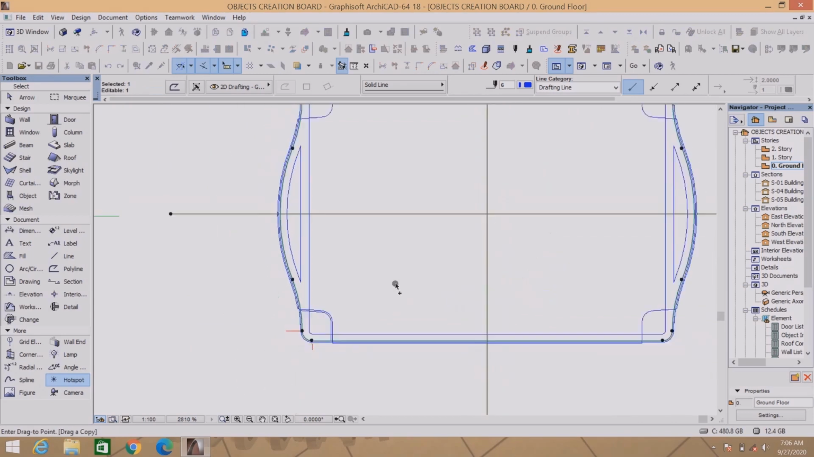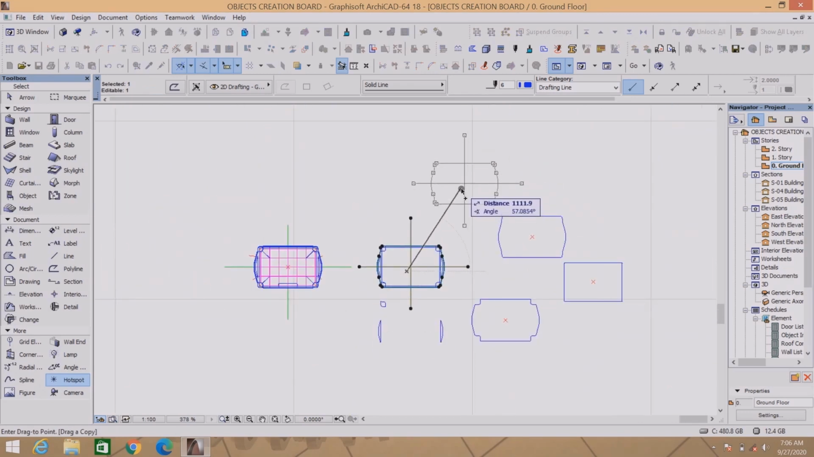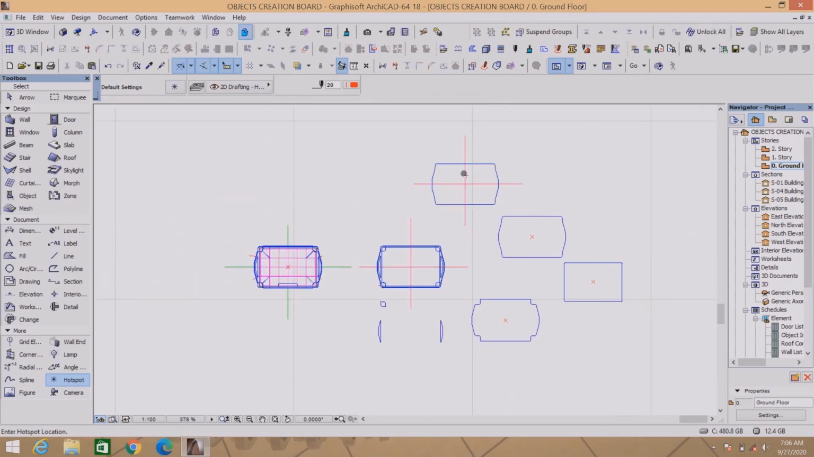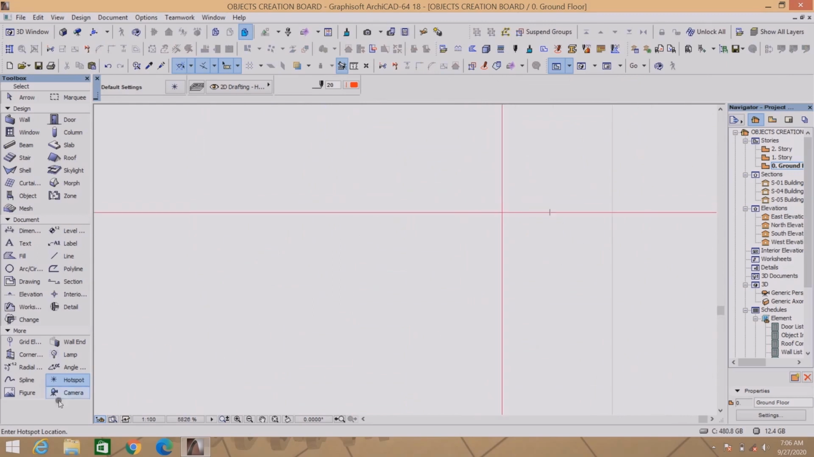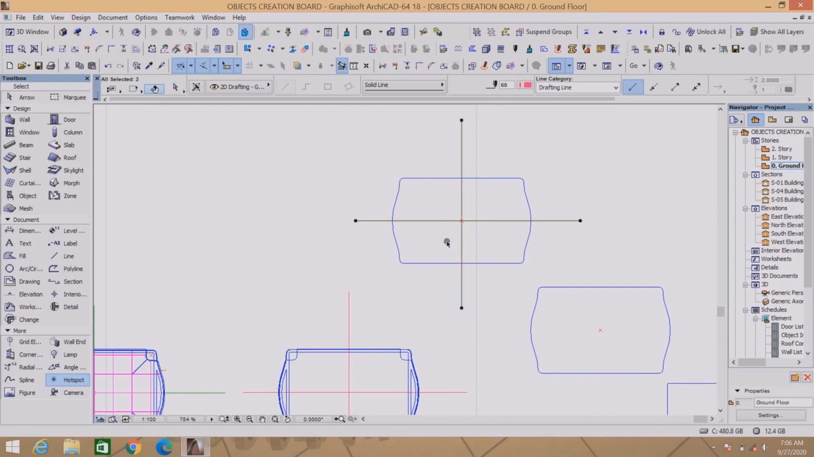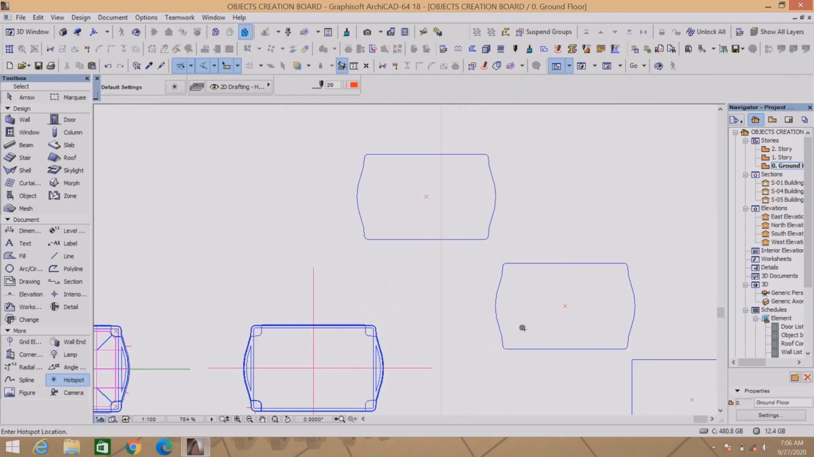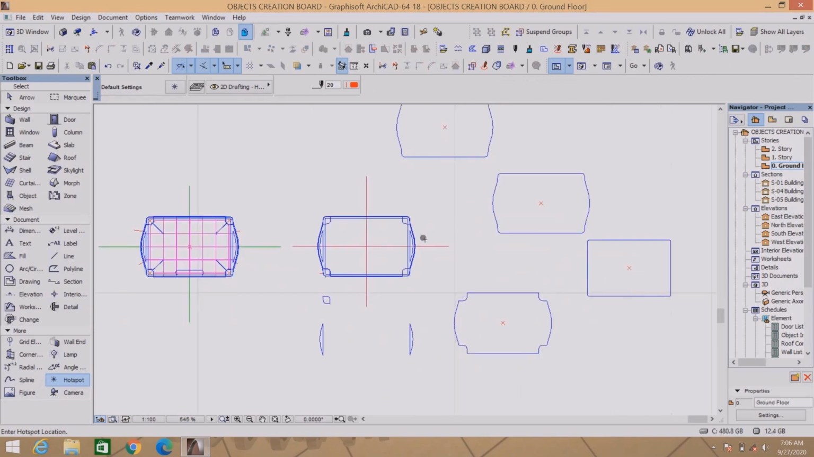You will soon understand the meaning of everything I'm doing. Drop a hotspot. Remember, you can say drop a hotspot in the middle here, and then delete this line. You can see these two shapes look similar, but they differ. They are not the same. There is a little difference between both. So now let's